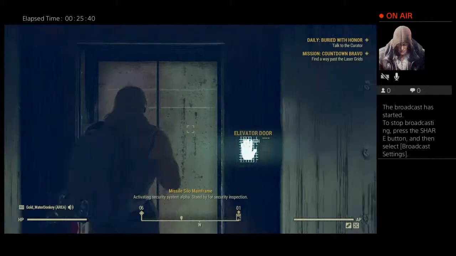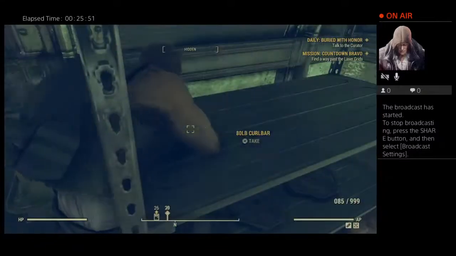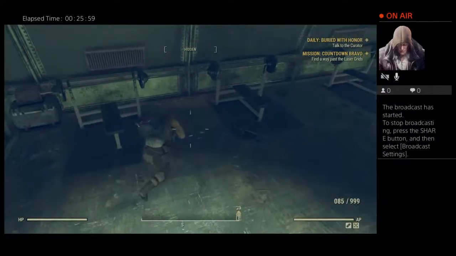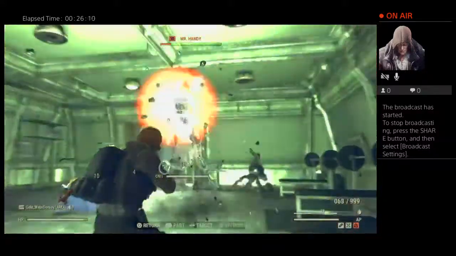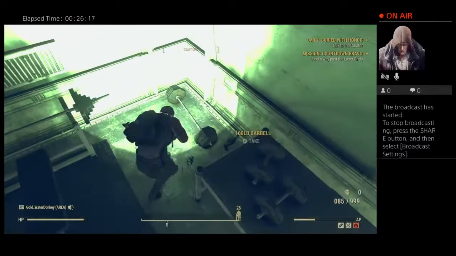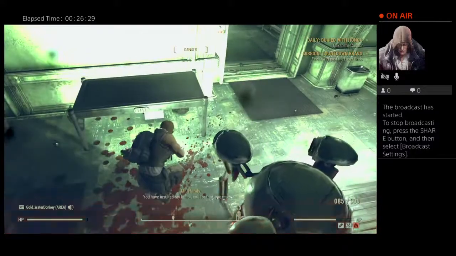Scanning. Error. Credentials not found. Activating security system alpha. Stand by for security inspection. I found you. You have insulted my honor and